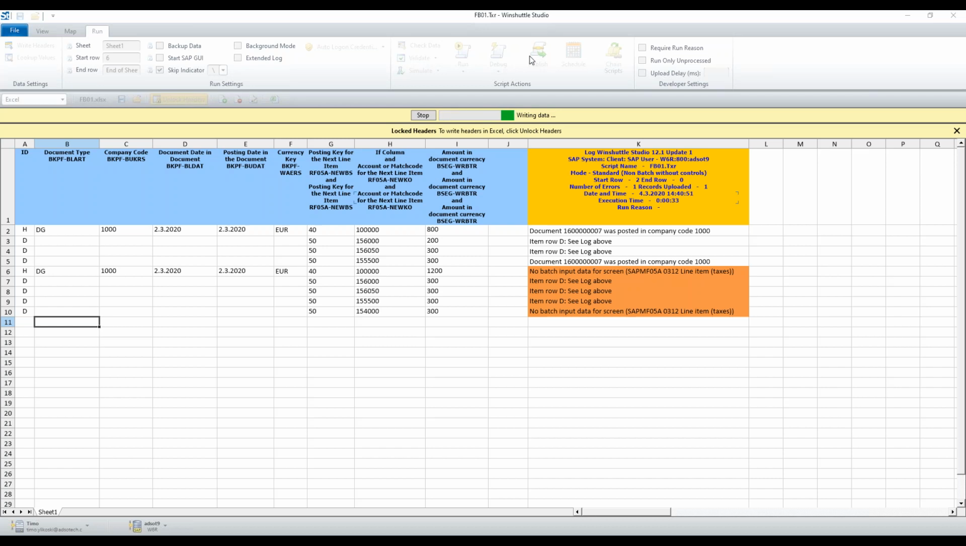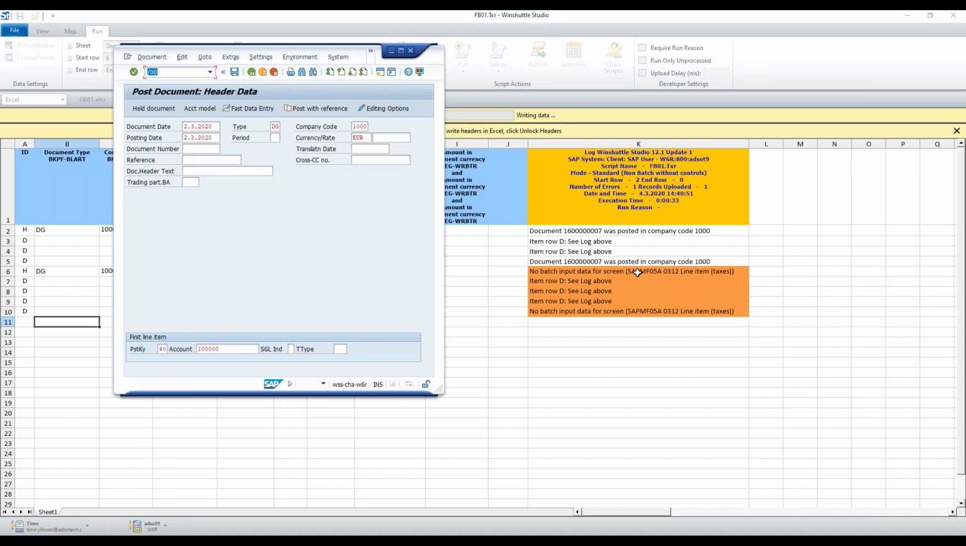Normally, and this would apply to any kind of script troubleshooting, especially if you get these kinds of "no batch input data for screen" errors, it means that a screen was encountered during runtime that is somehow different from your recording. So you would want to run it in this debug mode and then compare this dialog here to whatever you